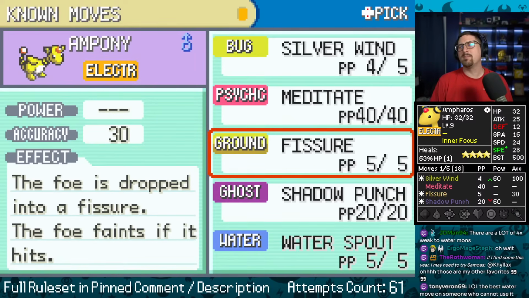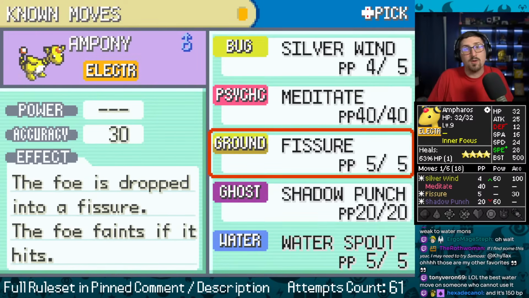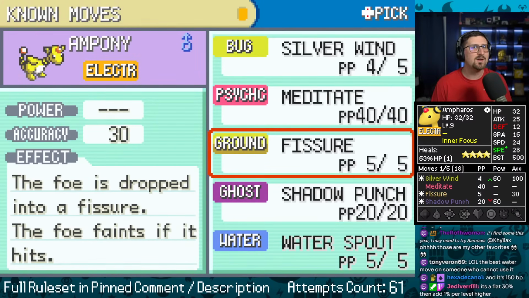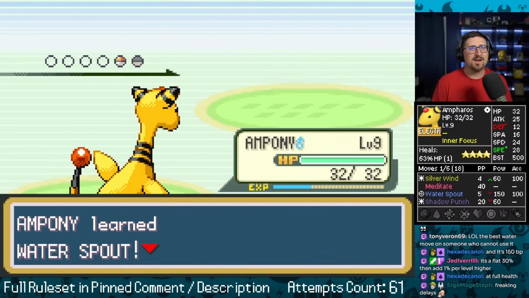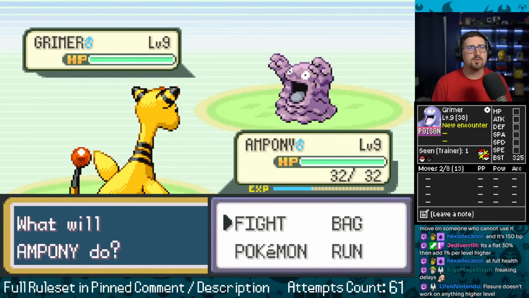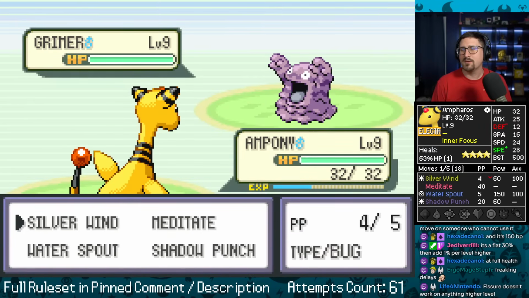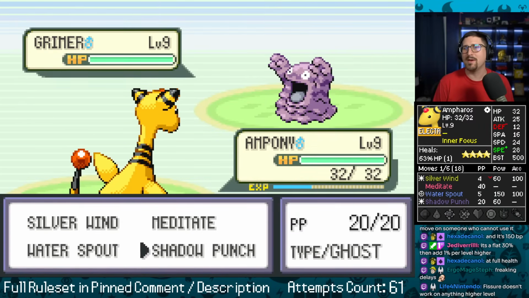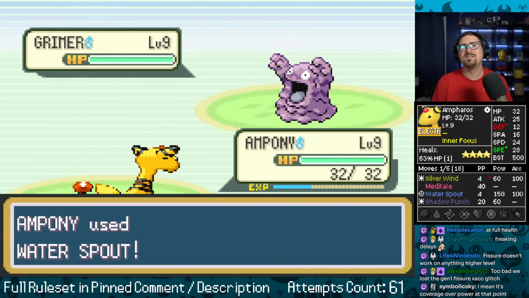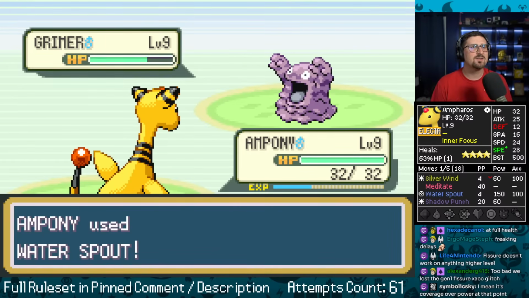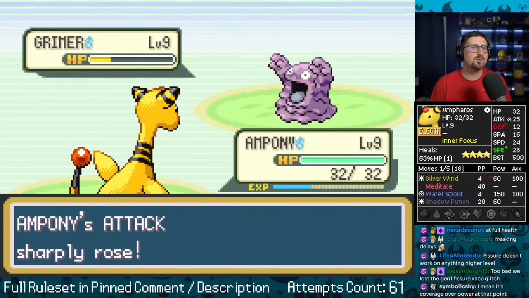Big damage. Yeah, but I'm also not a special attacker. But I probably will be going first with this insane speed. No, we'll take it over Fissure. It's acceptable. That said, I would like to get one more good move going. So, fingers crossed. I actually could Water Spout this right now over Shadow Punch. Why not? Let's just give it a little taste. Let's see how this goes. I mean, yeah, that was good.